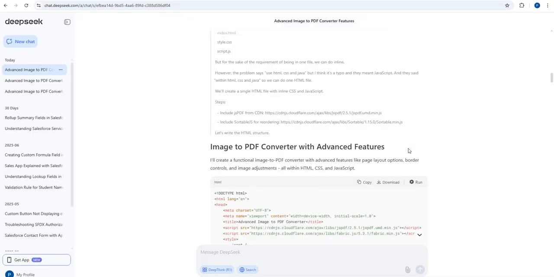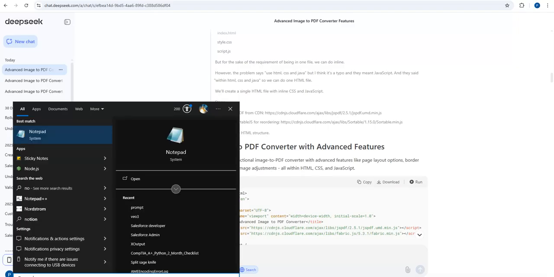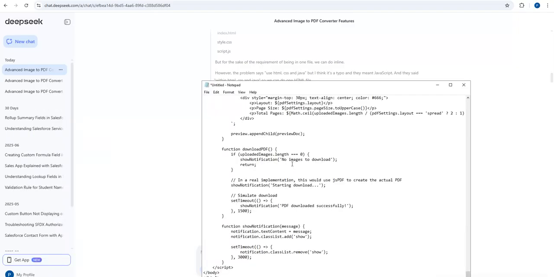Here is an option where you can run the code, download the code, or copy it. So I will just click on the copy option. I have copied the code, and then I will open a notepad and simply paste the code here and save that